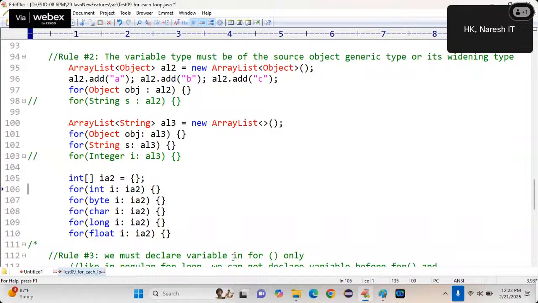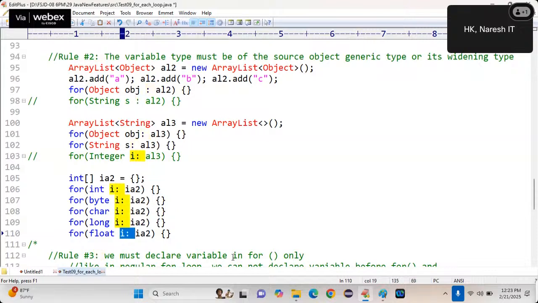Look here. What is this? int array IA2 equal to, allowed? Then here, what is the variable type? Int, and the coming value is int. Int can be assigned to int? Yes. Int can be assigned to byte? No, because of its range. Int can be assigned to char? No, it is a lesser range. Int can be assigned to long?